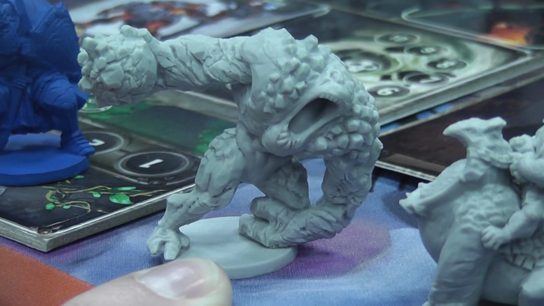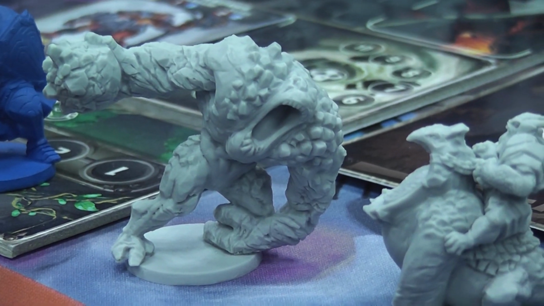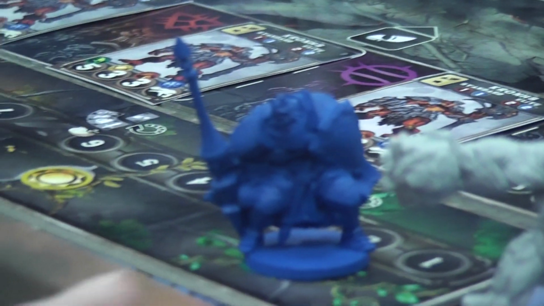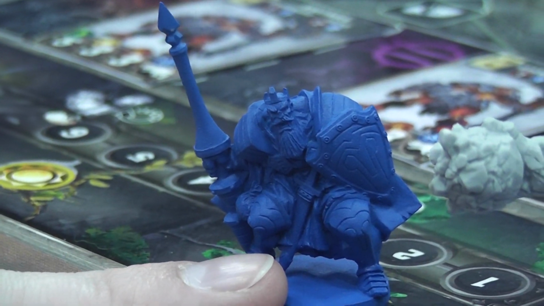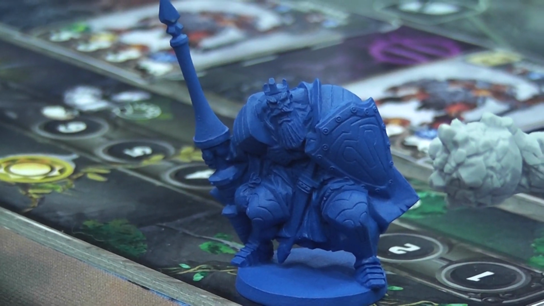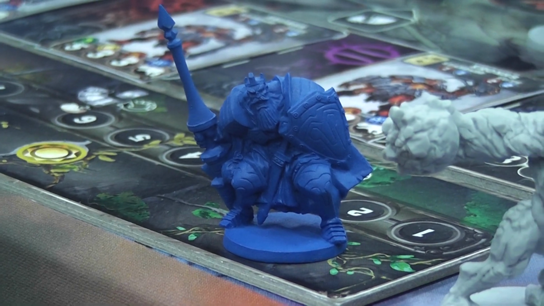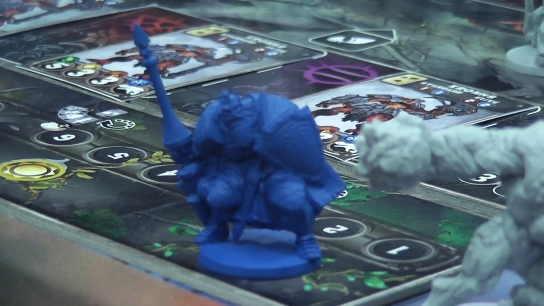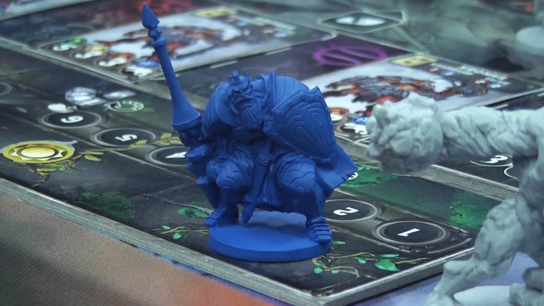Because he will just start destroying your buildings as well as hitting your characters. So he kind of just does splash damage. And then the last type of character we have are the characters, and there are 6 different characters in the base set. Each one of them has his own special abilities. We have the soldier, a mercenary, a blacksmith, a wizard, an archer, and